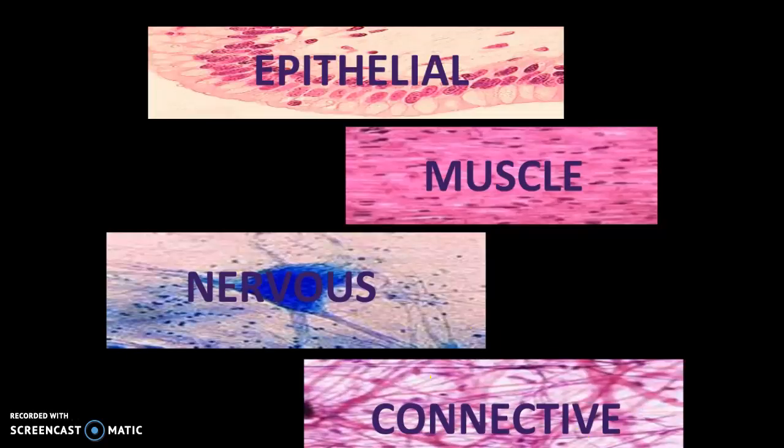And then look at the connective tissue down here. It looks like a mesh network of connective tissue. It just looks exactly like the word implies. So those are just some pictures of types of tissues that make up the living body. These types of tissues will work together to make up organs,